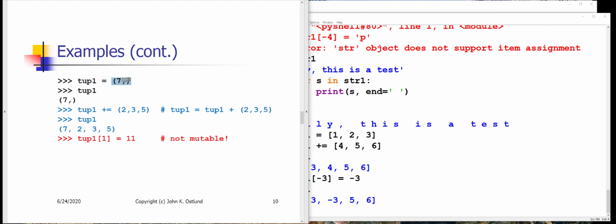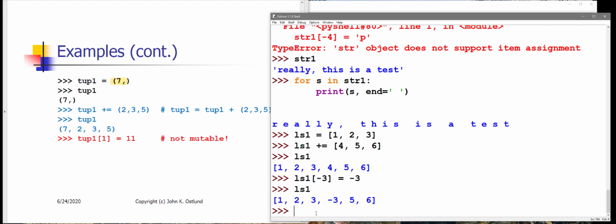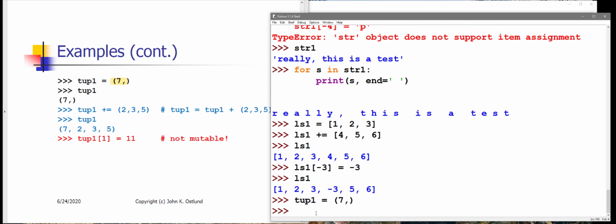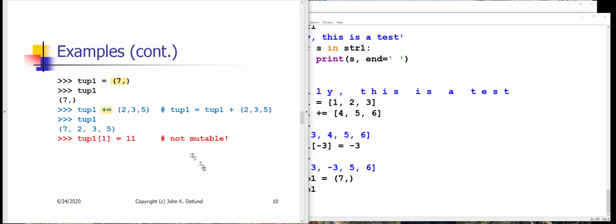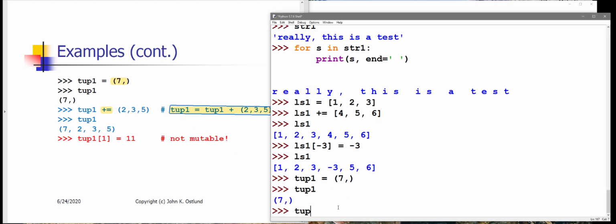Here we have a tuple. We're starting out with a single item tuple, 7 comma, okay. And although a tuple is immutable, I can use plus gets with a tuple for the same reason that I could use plus gets with a str, because the plus gets is really just shorthand here for assigning a different tuple to be referred to by tup1. So when I say tup1 plus gets 2, 3, 5,